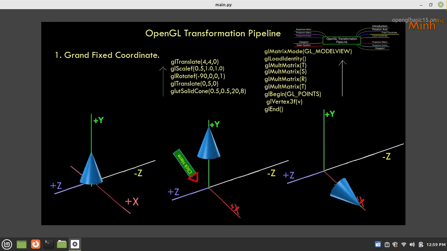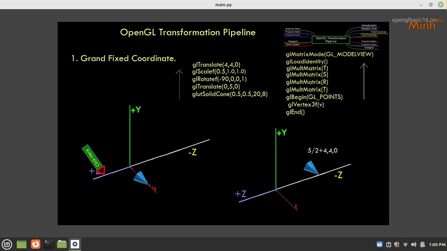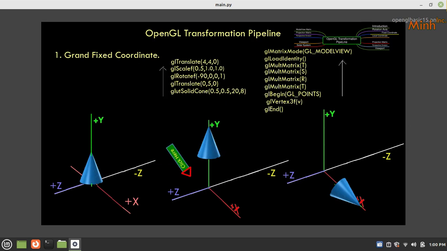Now, the object is translated 5 in the y direction, as the coordinates are 0, 5, 0. Then rotated by minus 90 across the z direction. So if this is z, minus 90 means it will rotate in this fashion. The way we talk about rotation: right hand thumb pointing in the z direction. If it is positive, it would go this side, negative, it will come this side. So first it is translated, then it is rotated,